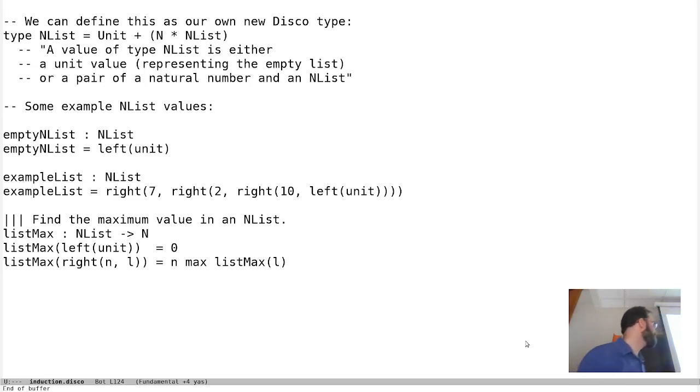And if we wanted to prove that this function works, that it finds the maximum value, then we could prove it by induction. But we're going to have to wait until next time to think about what that means, because all the induction we've talked about so far has been on natural numbers, right? And this is not about natural numbers. This is on these endless things. So I think on Monday, I'll show you another example, which is we can make a type of binary trees or something. And we'll also think about what does it mean to prove things about something like n list or like